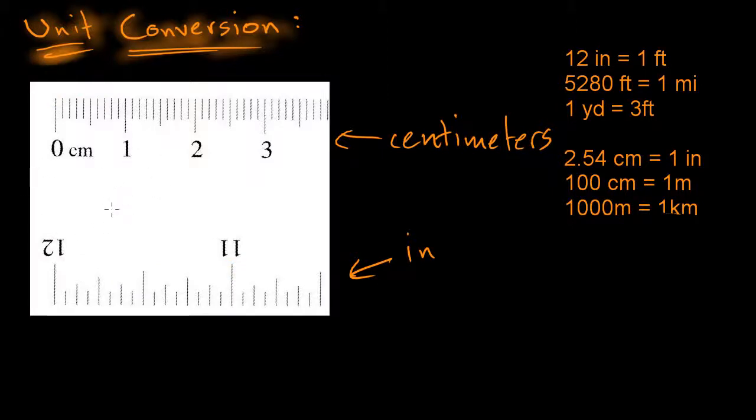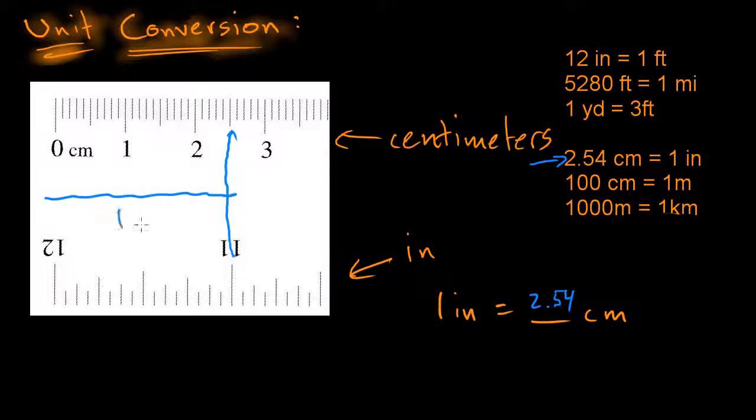Well, what if I wanted to convert from 1 inch into centimeters? Luckily, I have this conversion table that's telling me that 1 inch is 2.54 centimeters. And you can almost see it lining up from right here. If we go up, looks like it's right about 2.5 centimeters for 1 inch. So the same distance on one side would look like 1 inch, and on the other side would look like 2.54